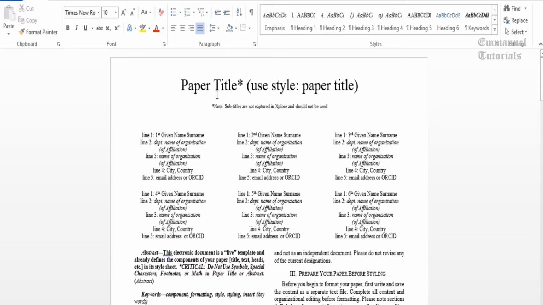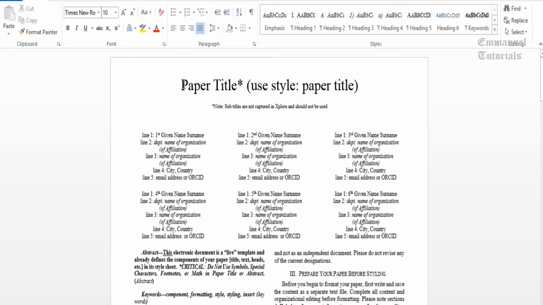For the start, you can just download this paper template or conference template from the IEEE website. I can also share the link below in the description box. First, you must decide whether you are going to edit your paper using LaTeX or using Microsoft Word. If you are using Microsoft Word, then there is a separate template, and for LaTeX there is a separate template. Also, depending on the size of the paper which you are going to use, whether it's A4 or letter size, there are two different kinds of templates. You can download the one which you require.